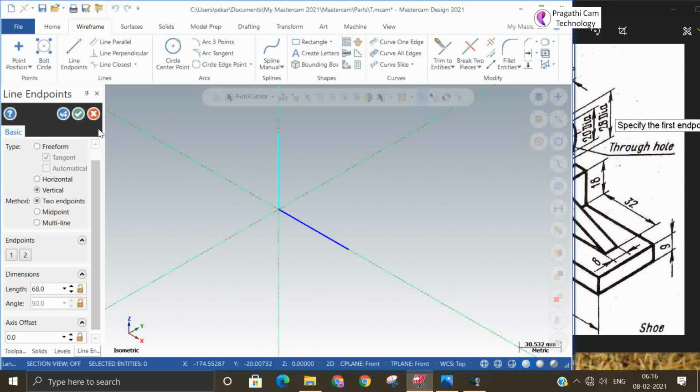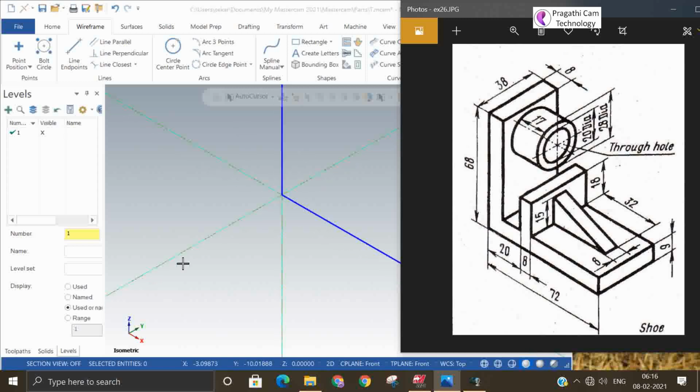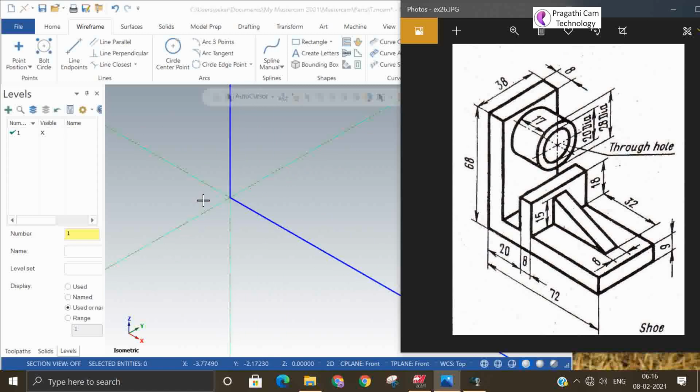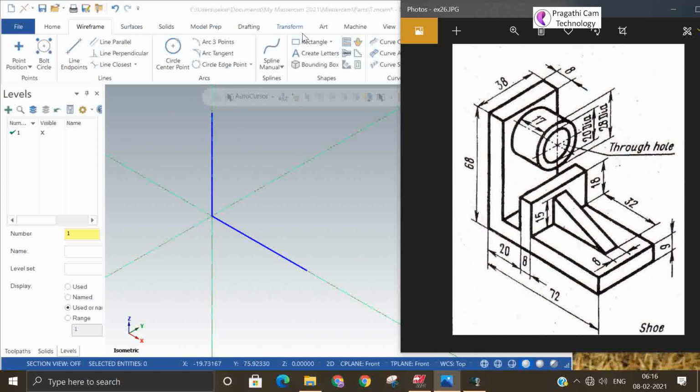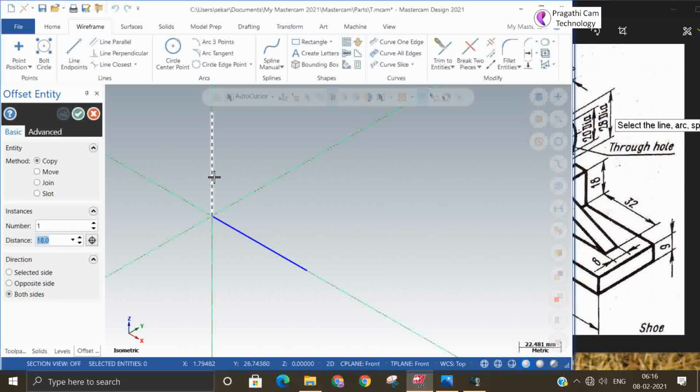Now I have kept my G view in isometric, but I am doing the drawing in the front view, meaning my construction plane is front. The thickness is 8 mm, so I will offset this by 8 mm, using X form offset, 8 mm, in a single direction.